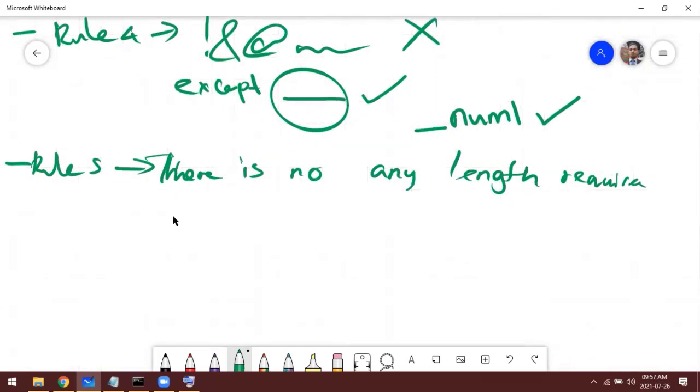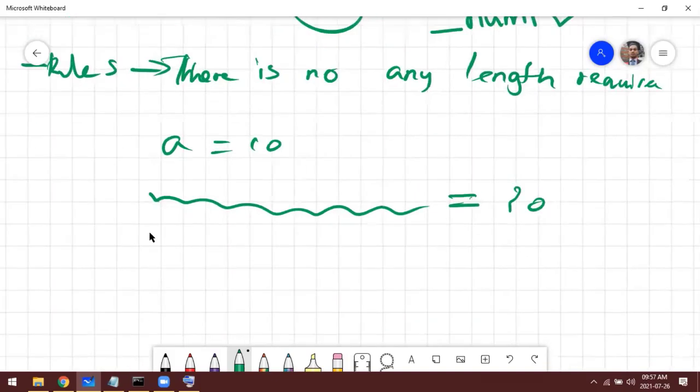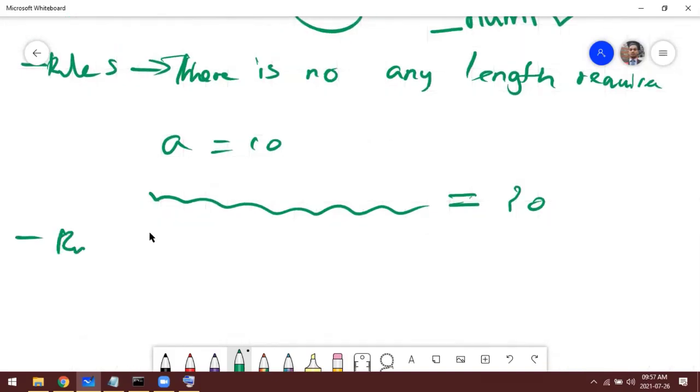There is no length requirement, meaning from one character, so A is equal to 10, you can go with any characters, right? And if you want to take it another rule, right? If you are using more than one word, you can't